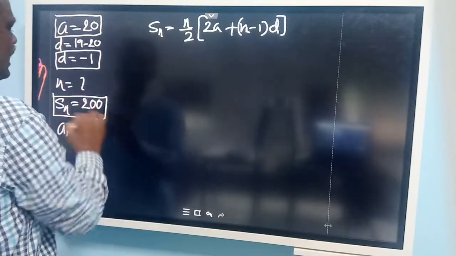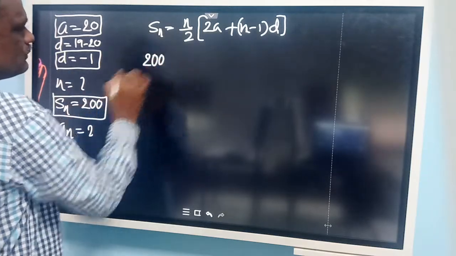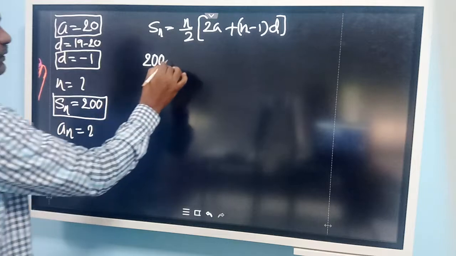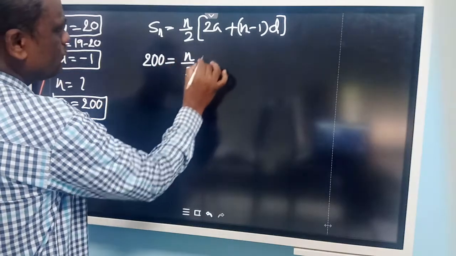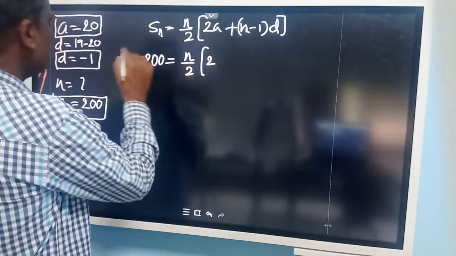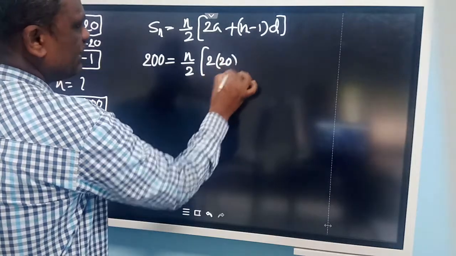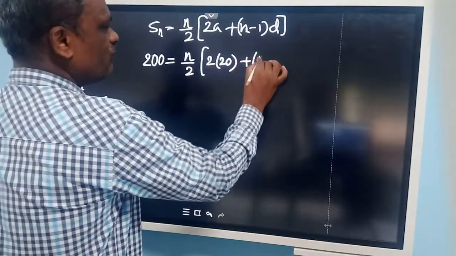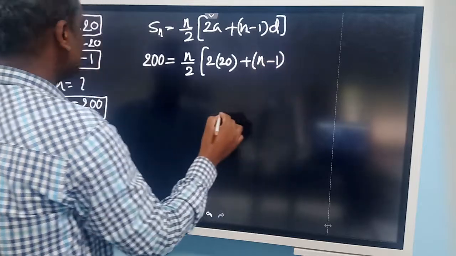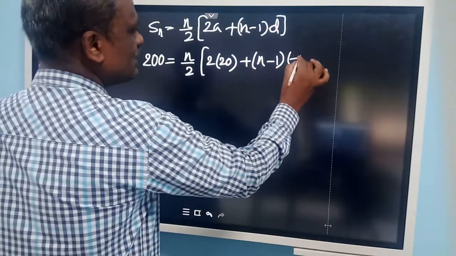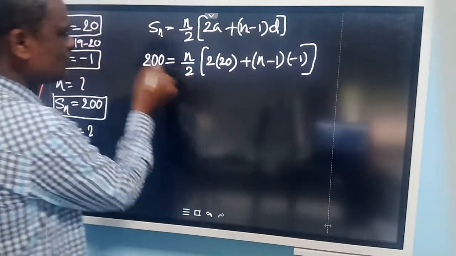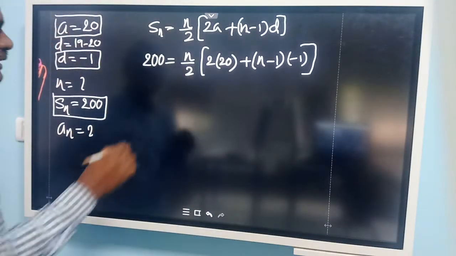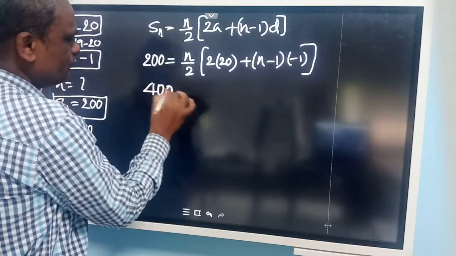Sn is 200. n we do not know, so let us write it as it is: n by 2, into 2 times the a value, which is 20, plus n minus 1 as it is, and the d value is minus 1. So let us simplify this: transferring the 2 to the left-hand side, it becomes 400 is equal to